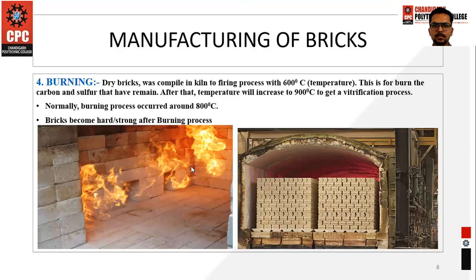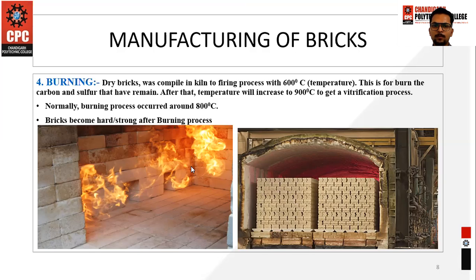When the temporary structure is done, after that it has to be burnt with the help of a fuel. Whatever natural fuel you have available, either cow dung or any wooden part, you do the clamp burning with its help. Whereas kiln burning is at a totally controlled temperature, and the burning of bricks is totally uniform. Uniform burning is possible in a kiln, whereas in clamp burning it is not possible.